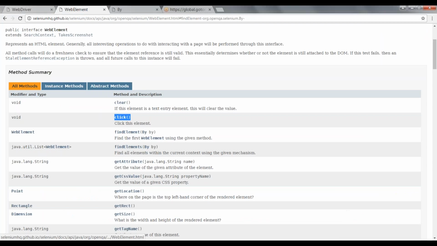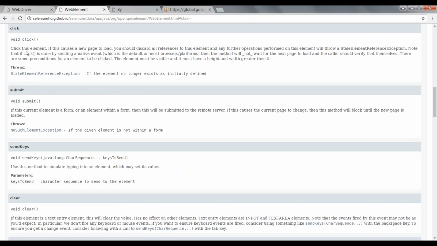So what this method will do: click this element. If this causes a new page to load, you should discard all references to this element, and any further operations performed on this element will throw a stale element reference exception.